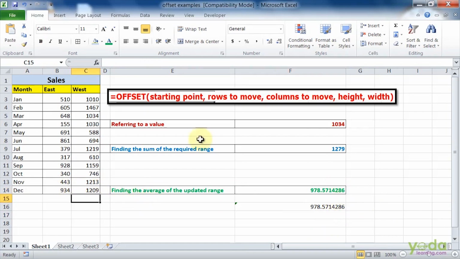Here if I update my value, let me mention the value as Jan 1. For East, say my sales is 215, and for the West region the sales is 3500. If you see here, with the help of the offset function my data is updated, but here, since I have given the specific range from C8 to C14, it has not updated my data because I'm not using the offset function here, and it is not a dynamic range. So this will act as a static range and this will act as a dynamic range. I hope the concept is cleared for you.